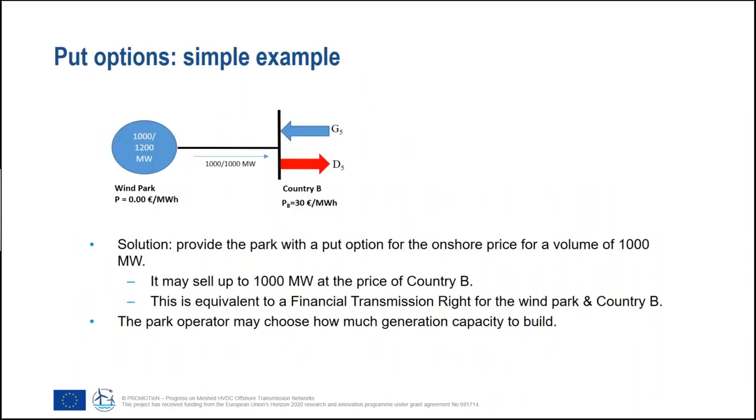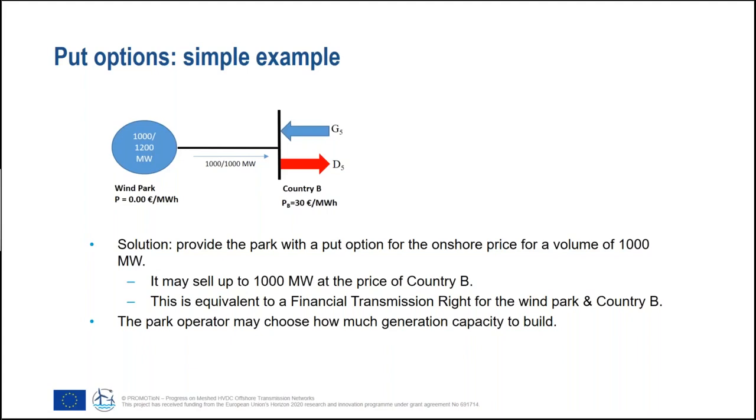Here's a simple example of how this works. One park, 1200 megawatt capacity, high wind. It can only produce 1000 because the connection is only 1000. The offshore zonal price in this simple case would be 0, but you could give the park a put option for the onshore price for 1000 megawatts, not for the full capacity because we cannot evacuate the full capacity, but the put option can be equal to the connection to the onshore, because of course 1000 megawatts is sold at